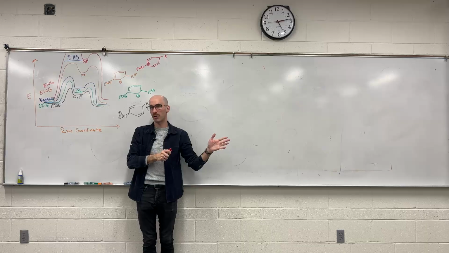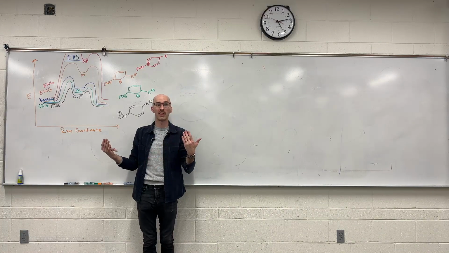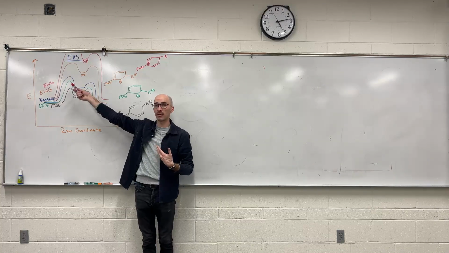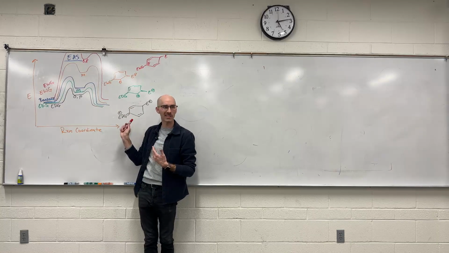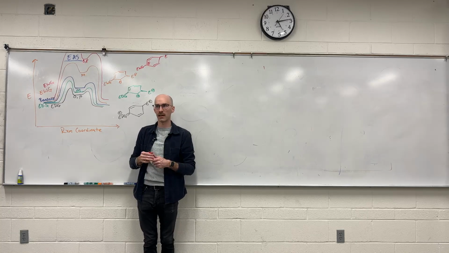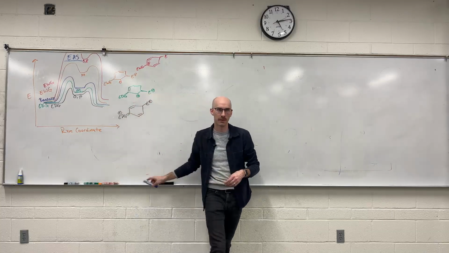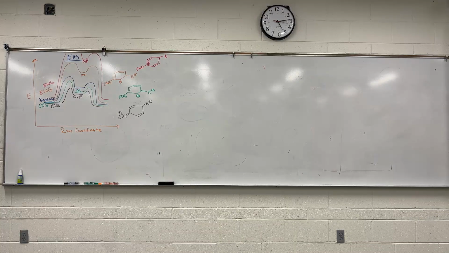Halogens are not electron withdrawing groups, and they're not electron donating groups. They're actually both. They pull electron density away like electron withdrawing, but they stabilize the intermediate like electron donating. It's not one or the other. They're technically both. You guys all right with that? I want you to think about those three types of groups because that's what we're going to be dealing with. So let's do some examples with direction, because after that we're gonna get into